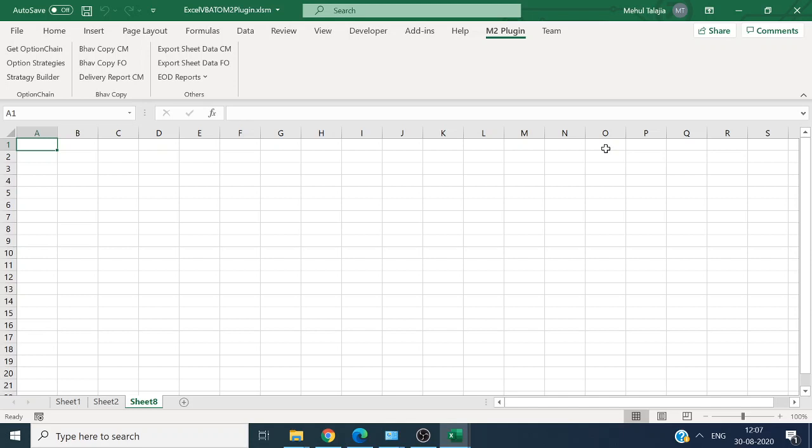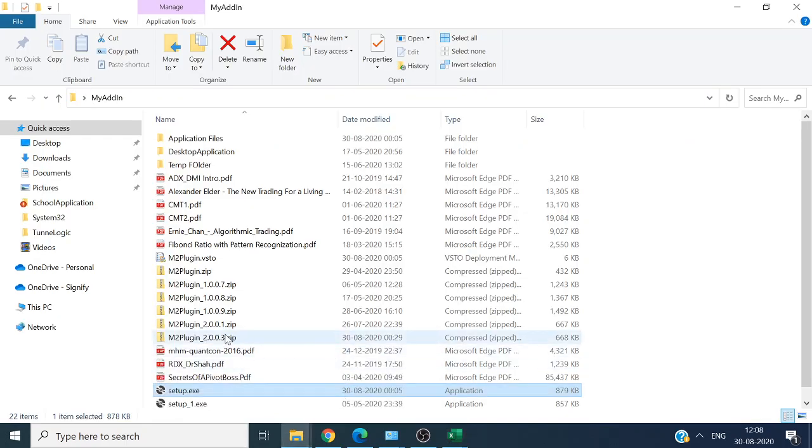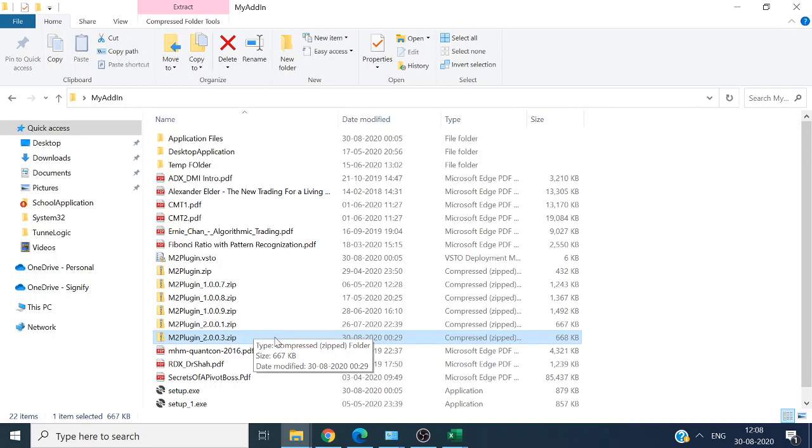This video is going to be about the changes, and then there is one general question most people ask, which is how to install it. So I'll start with how to install and then come to the changes part. In the description, a zip link will be given to you. It will be a Google Drive link. You can download this zip from there and then extract it.